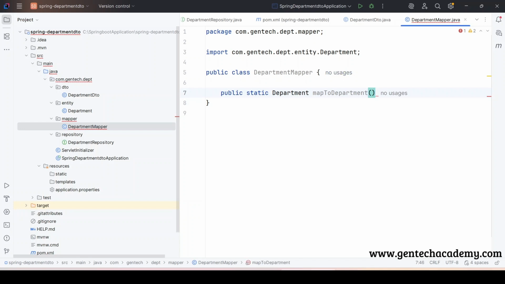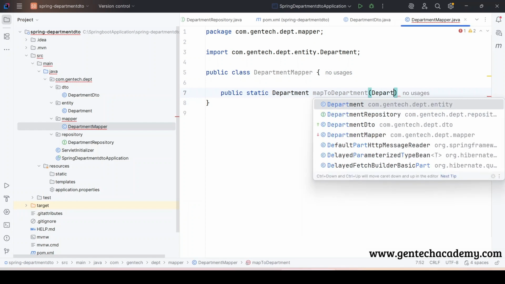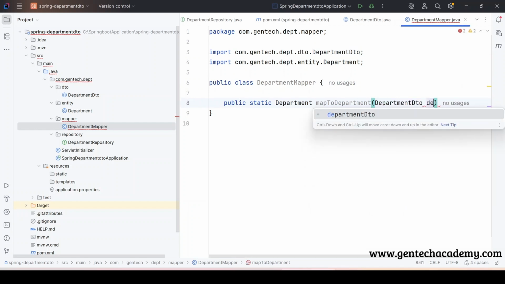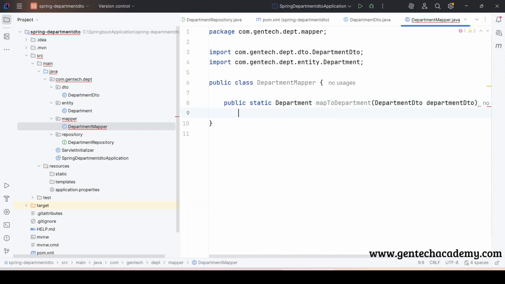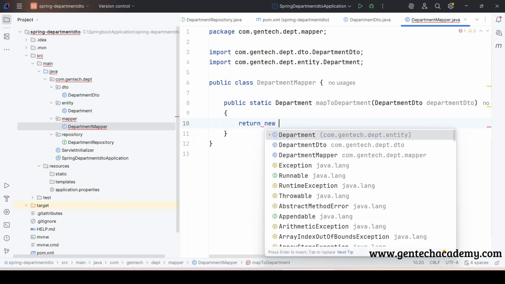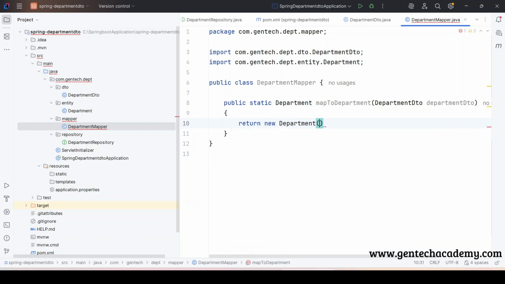Here we should supply DepartmentDTO as a parameter, departmentDTO. So return new Department of